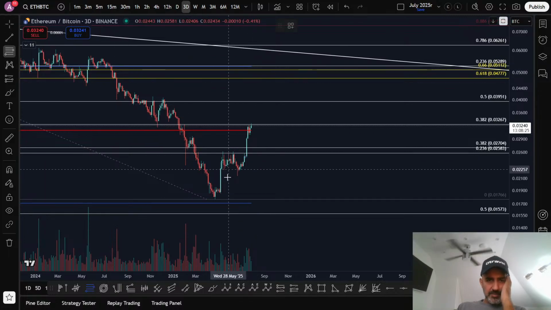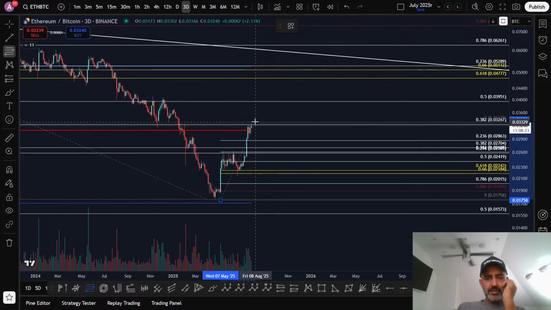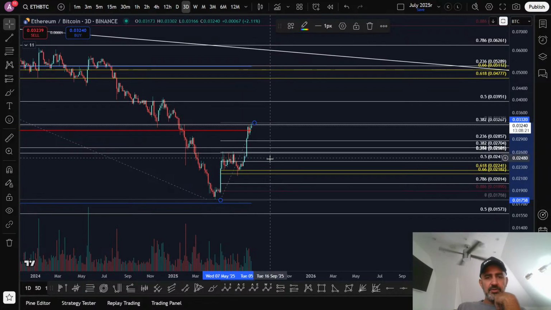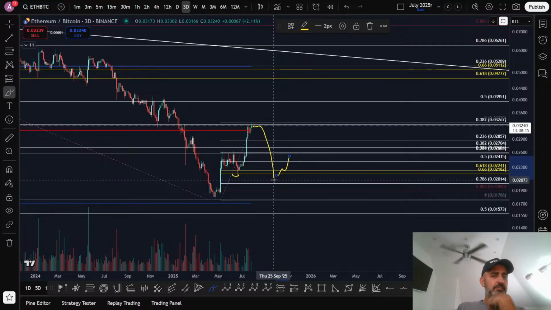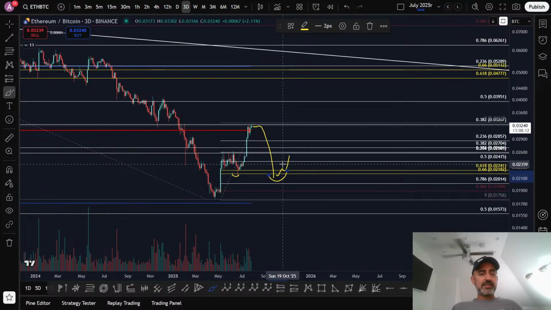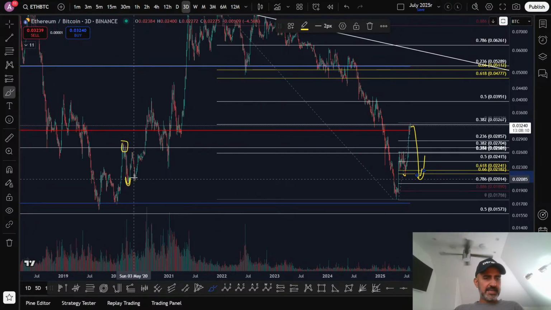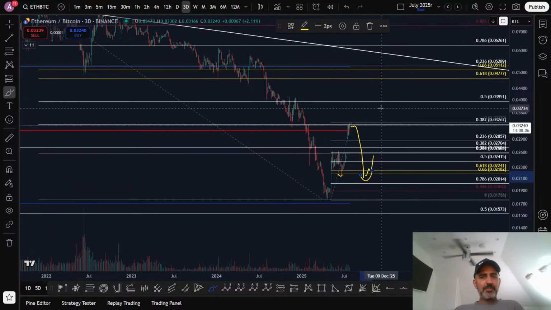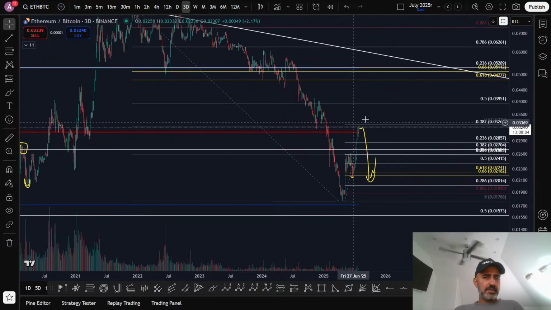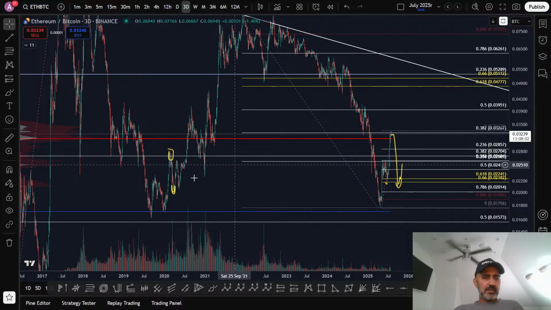And actually you want to come back to the golden pocket of the highest point. So in this scenario, that pulls us all the way back down to take this low. That would be your entry. In this context, that's where your alt season begins. It would be the same as that. So it depends. We have to see what happens next. It's very hard to know exactly what happens next, but